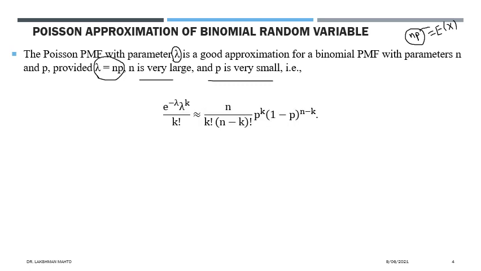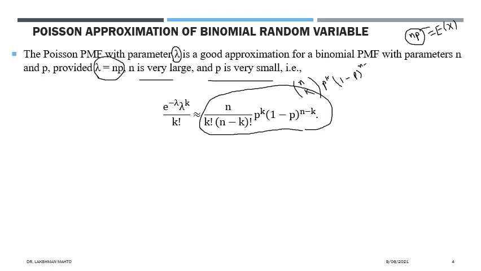Now we try to see approximation. This is our binomial distribution of the number of counts, the number of successes, whatever you count. This is talking about the binomial pmf or binomial distribution. You can say that it is n choose k, p to the power k into 1 minus p to the power n minus k.